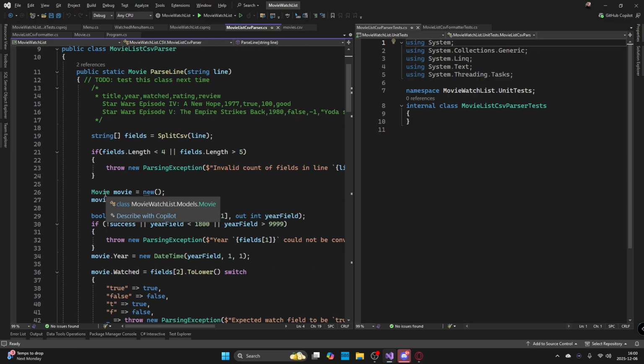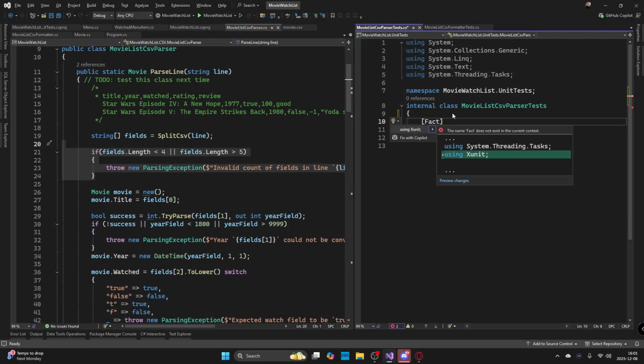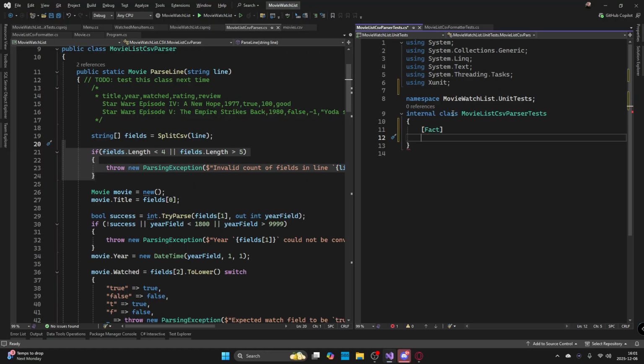So let's begin here. The first case is if it has an invalid length. There are two ways for an invalid length: if the length is less than 4 or greater than 5. So we can do those two cases. Fact, using xUnit, and we'll say public void ParseLine throws ParsingException